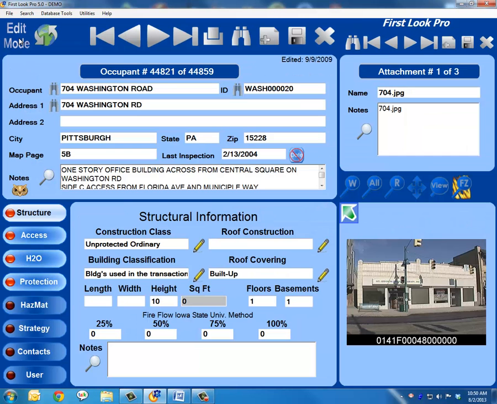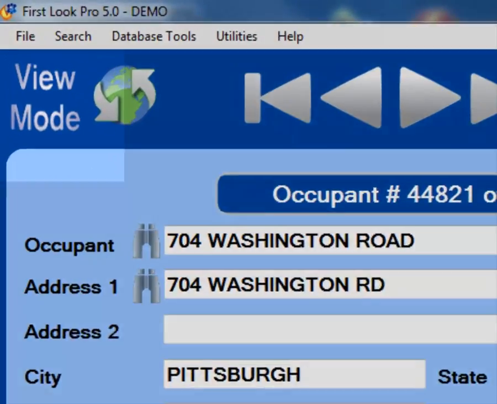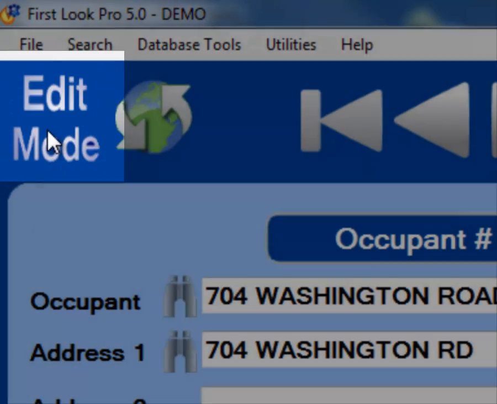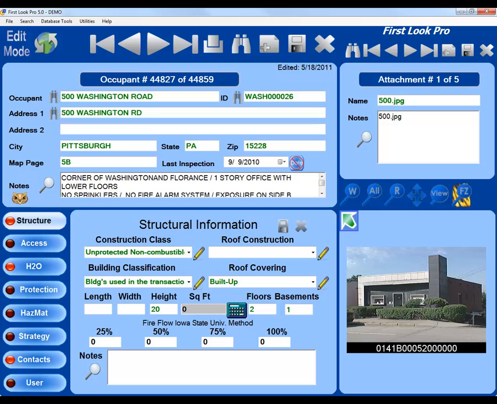Let's take a quick look at the general layout of First Look Pro. There are 2 modes of operation, the View mode and the Edit mode. In View mode, you can view and print records but cannot make any changes. In Edit mode, you can create new records, edit existing ones, and attach diagrams and other important files to a